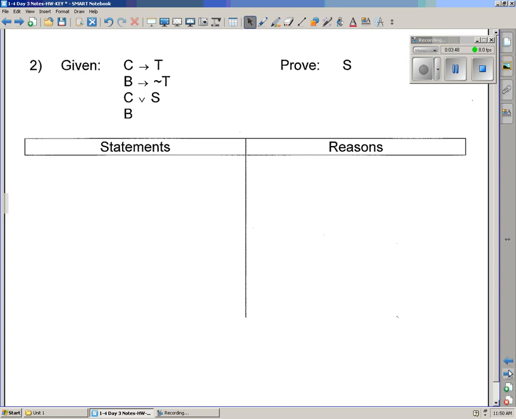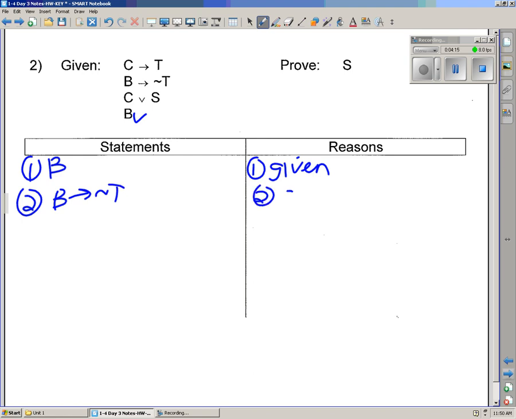Here's proof 2. In proof 2, I do see 2 conditionals, but I don't see the chain rule happening with them. So I'm going to work backwards from S to C to T to B. So I'm going to start off with that single letter B. That's given. And then I'm going to work with B, and my next given would be if B, then not T. That's given. And then I notice that my fronts are the same. So I'm just going to detach off the back. So my third line is not T, and that's because of detachment